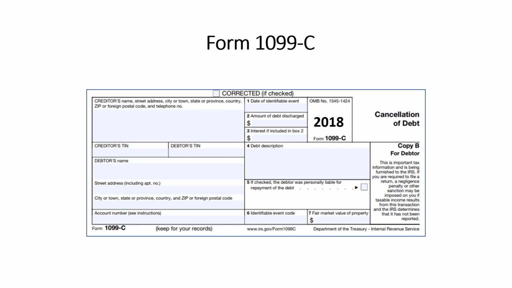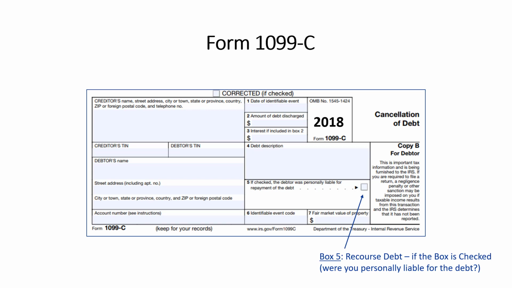Now let's take a look at the components of the Form 1099-C. Box 1 lists the date of the debt cancellation. Box 2 lists the amount of the debt that's been canceled. Box 3 lists any interest, if there was any, included in Box 2. Box 4 gives a description of the debt.